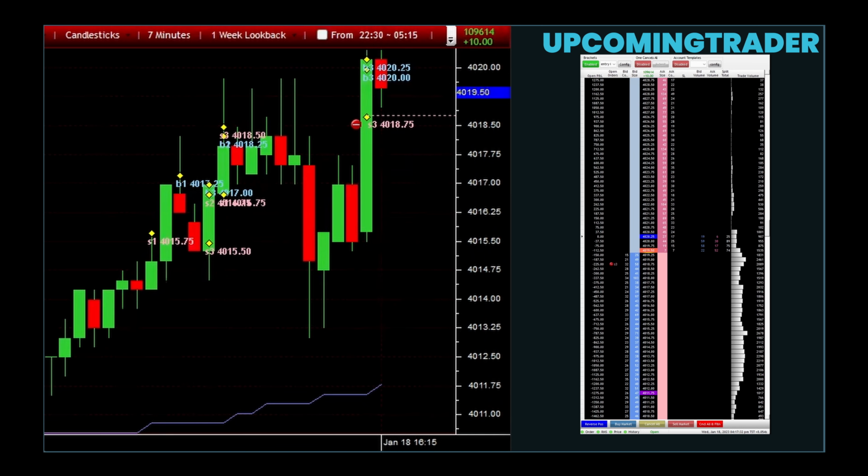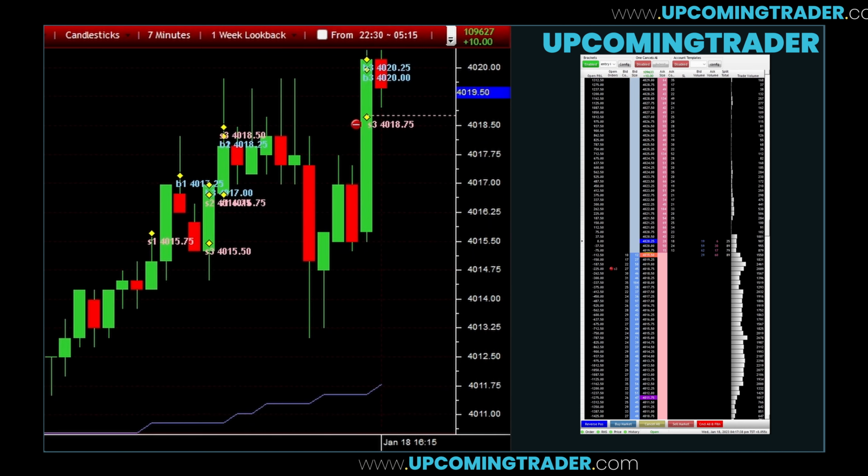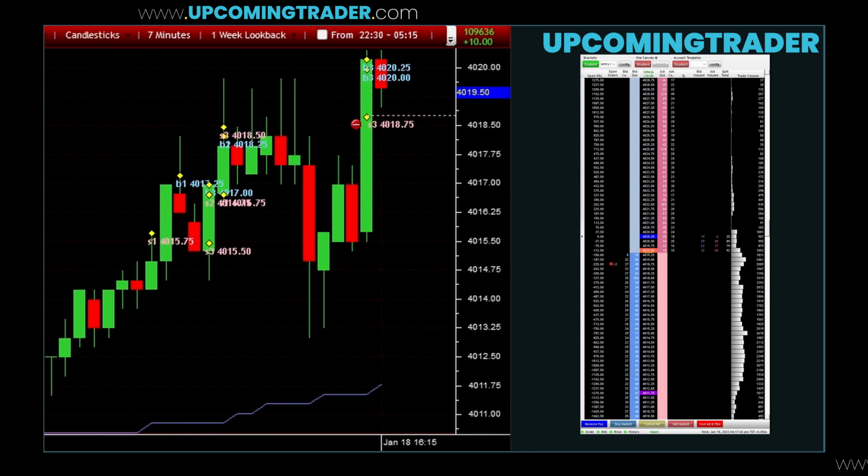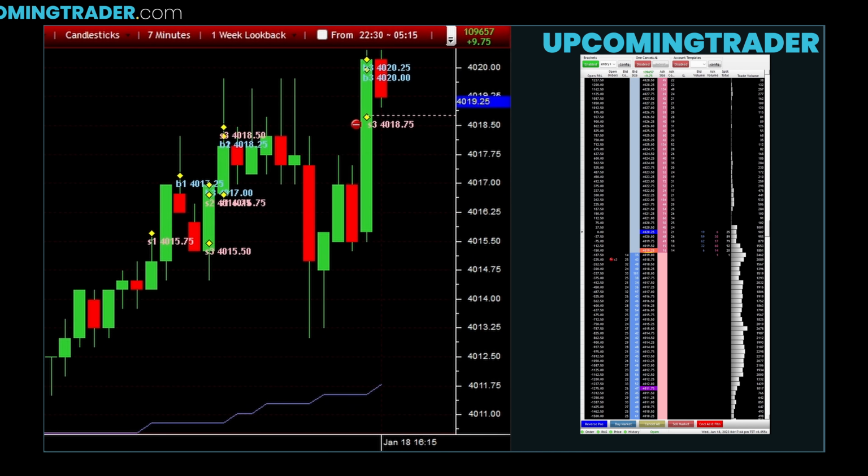Rounding tops and bottoms are other reversal patterns to consider. A rounding top often forms over a longer period and indicates a bearish reversal. Volume tends to diminish as the price rises to the peak and then increases as the price starts to fall, confirming the shift in trend. Rounding bottoms are the opposite, and they signal a bullish reversal. Volume should increase as the price moves up from the lowest point, indicating growing buying interest and the start of